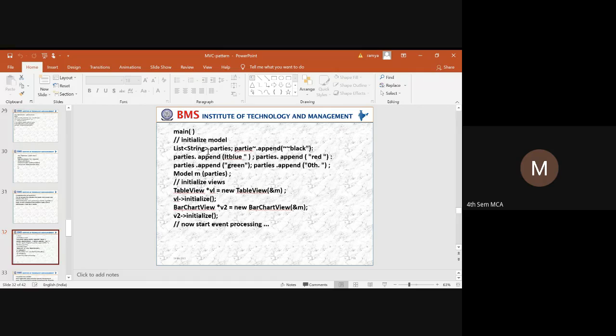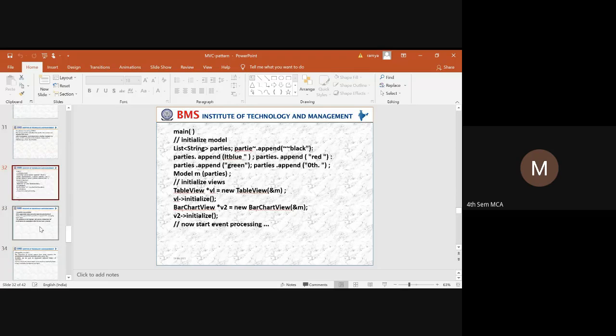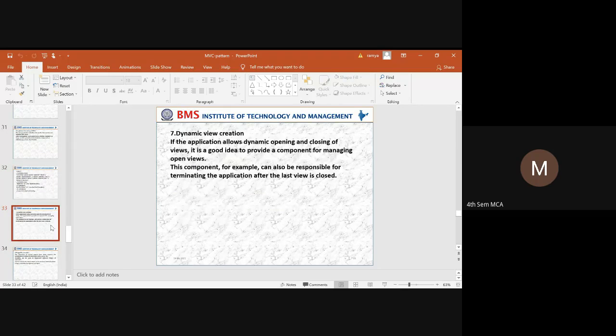Once the parties have been added to the model, we need to create that as a table view. We have different views, one a table view and one a bar chart view, and they will be invoked, and the event starts processing.